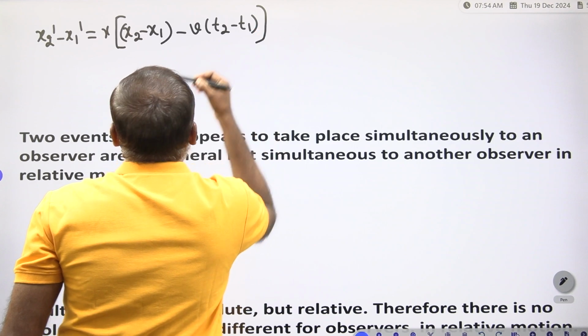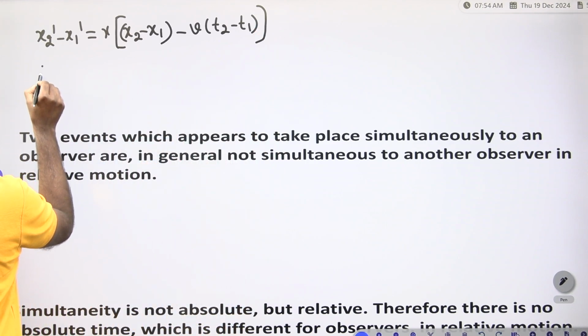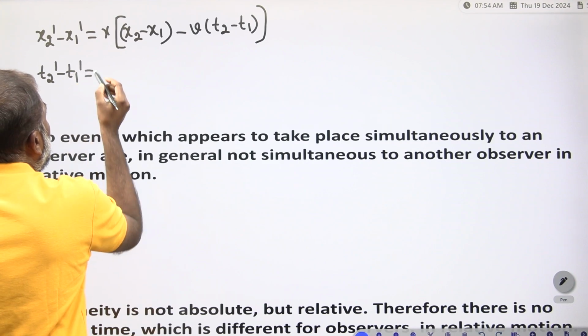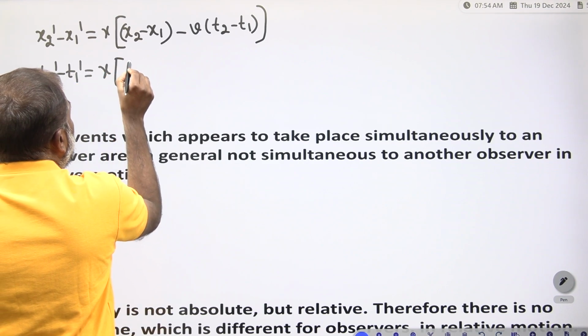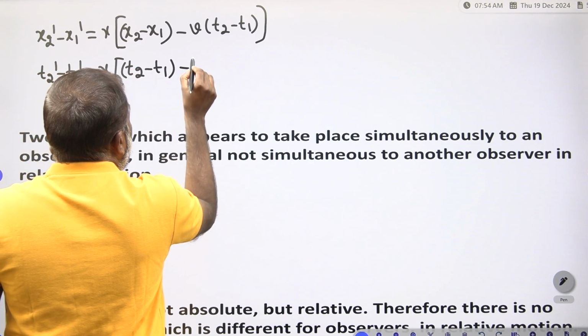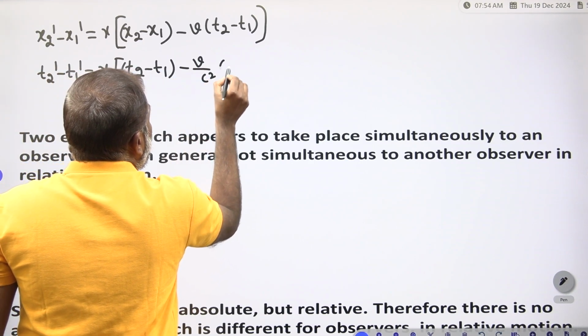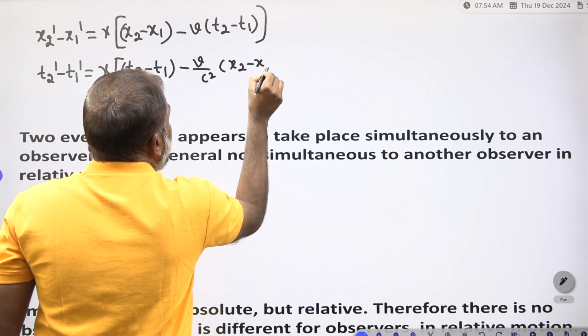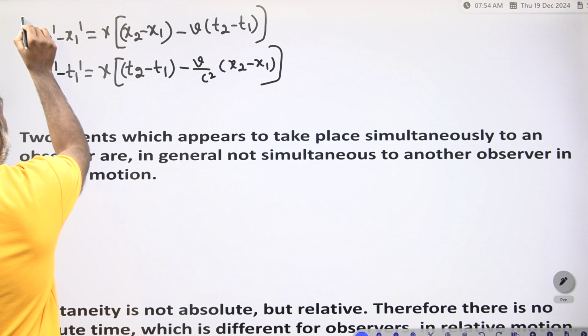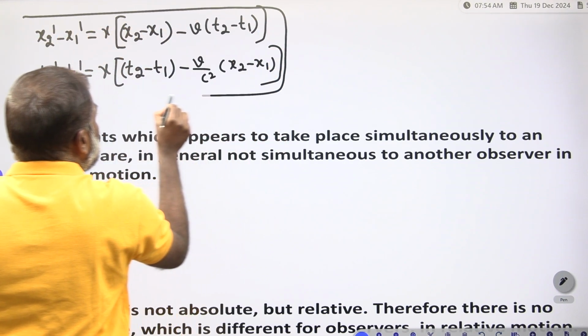This is the first expression. Similarly, t2 dash minus t1 dash is equal to gamma into (t2 minus t1 minus v by c square into (x2 minus x1)). Based on these two expressions,